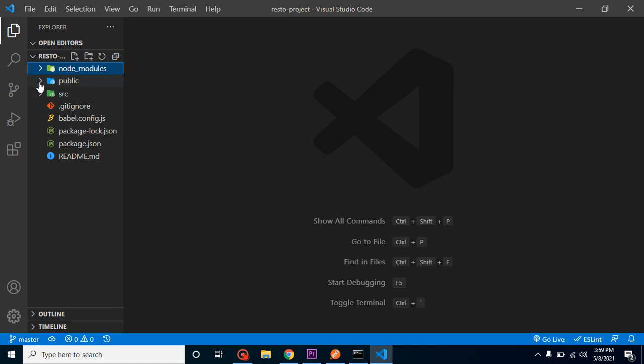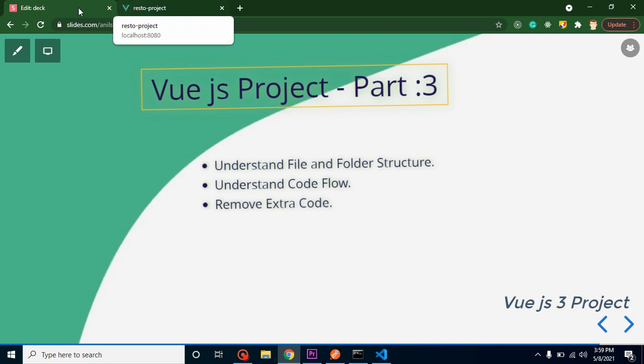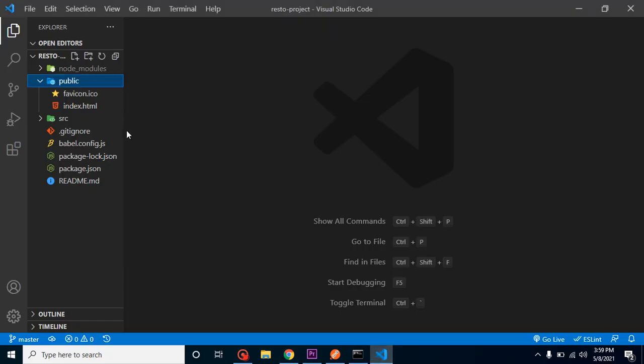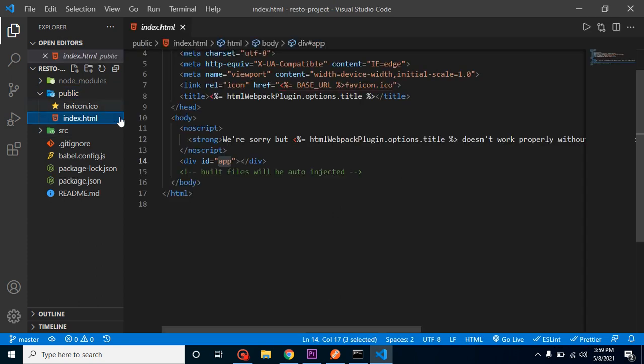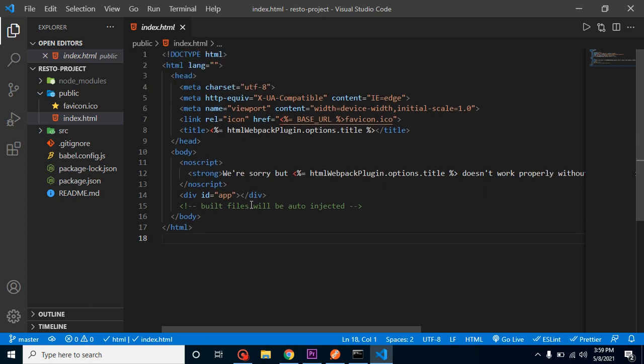After that, the public folder. Here we have two files, the favicon icon. I hope you know about the favicon icon. This is our favicon icon, right? The icon that we want to show here, we put here as favicon.ico. And again, index.html. This is the first file which is loaded when your project is running in the browser, right? And here you can see a very important thing. Here you have a div with the id app. This div interacts with your Vue.